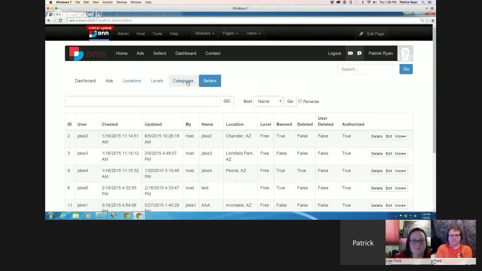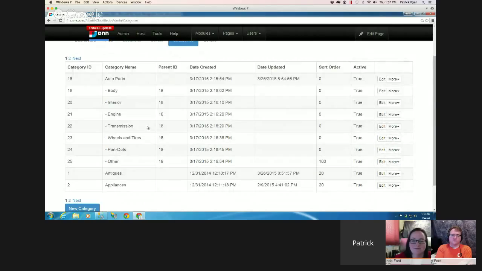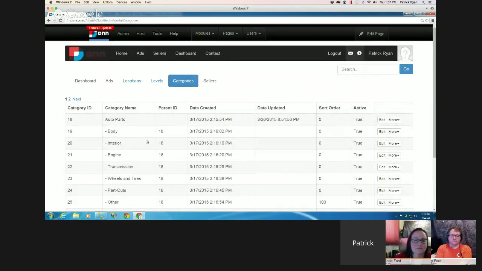We've created categories, and this was explained in the previous three sessions. And you can see you've got parent categories, child categories, and so on. And if you want to know how to group those together properly in a template, take a look at the previous user group sessions. So now that the categories are created,